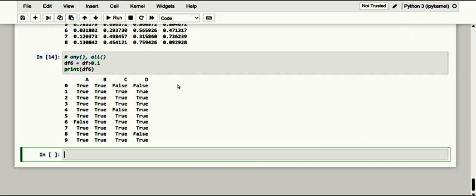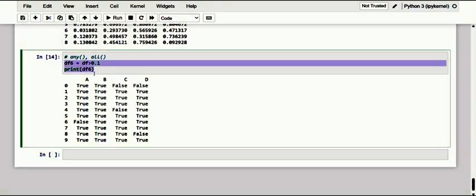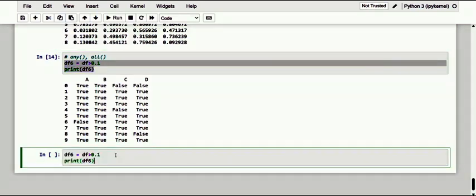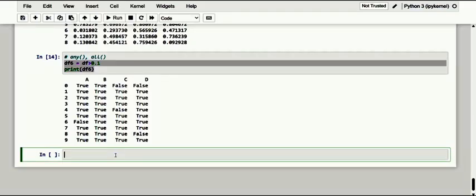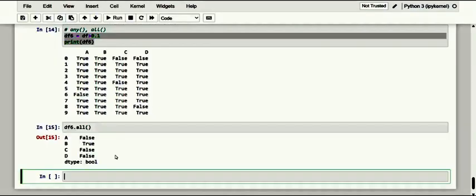In that manner, kindly observe how I am going to pass this functionality separately. Maybe you can also use df6.all. So kindly have a note of it.